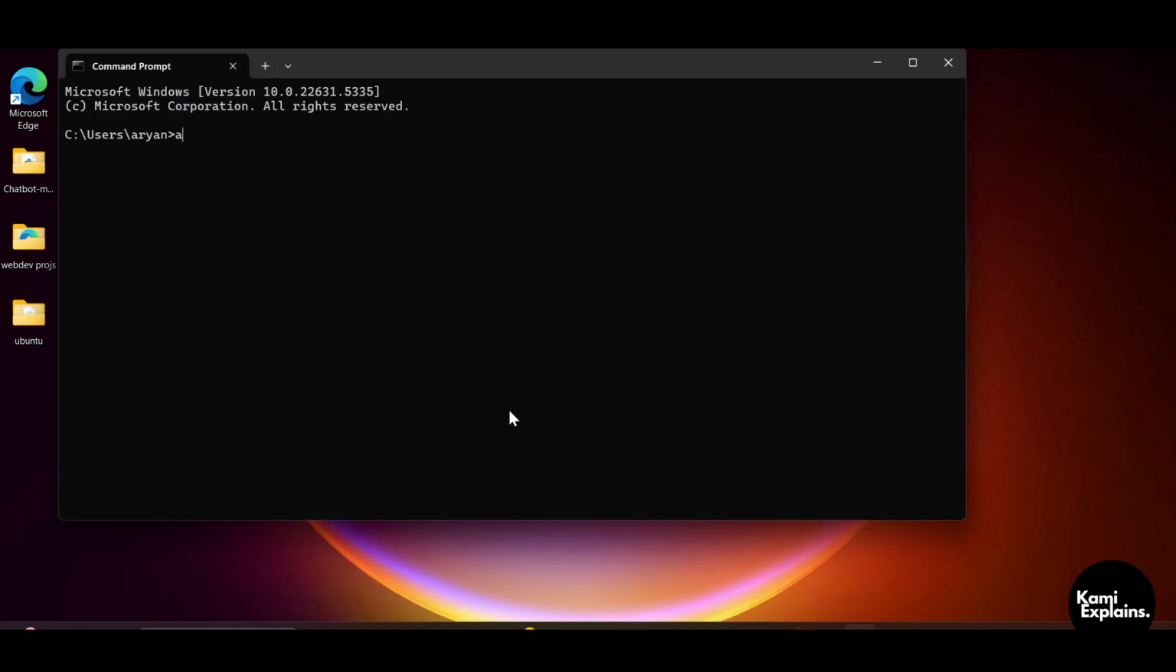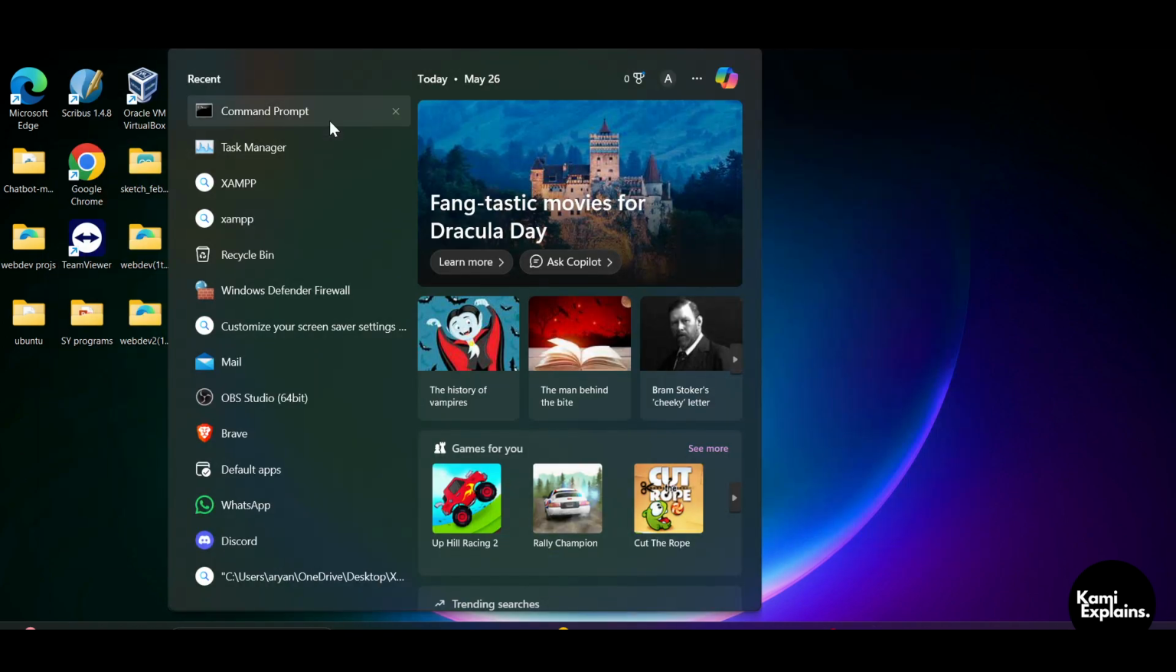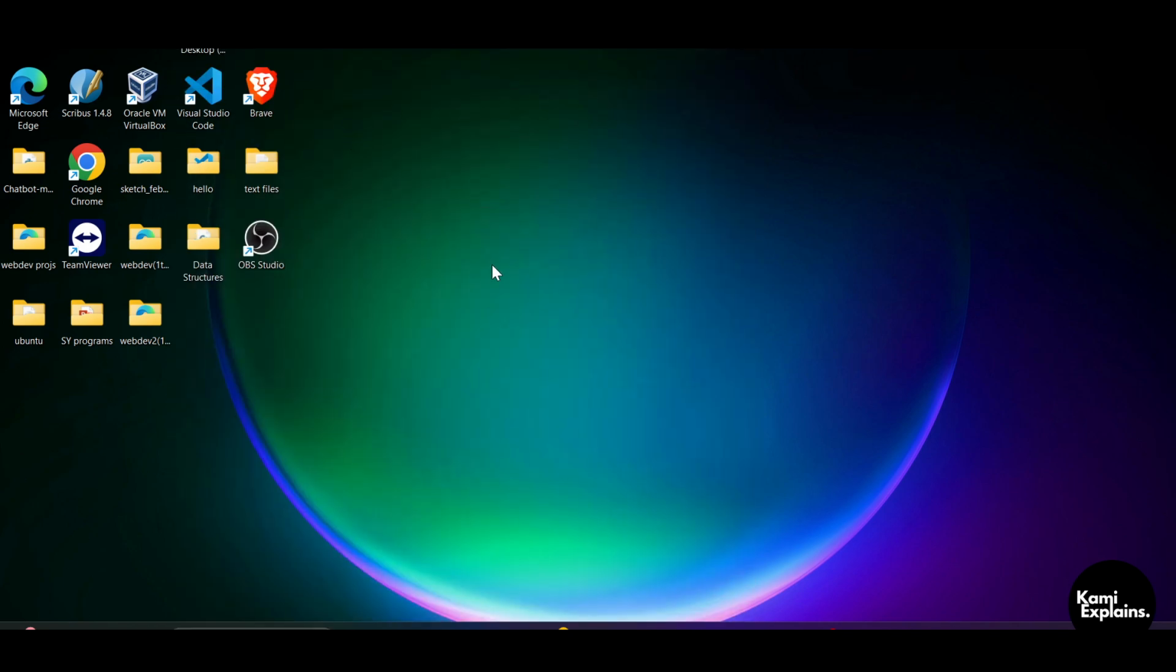In the command prompt, type sfc space /scannow and just hit enter. It shows that I must be in administrator mode, so I'll just open the command prompt in administrator mode. Here you can see, I'll just simply run as administrator